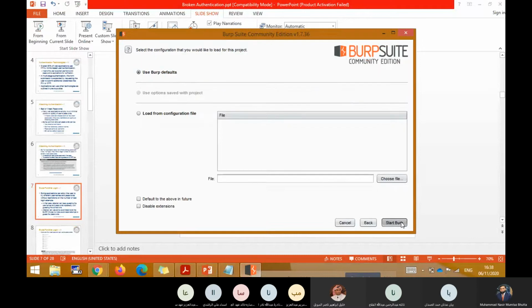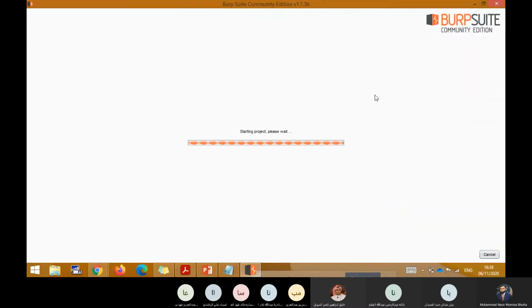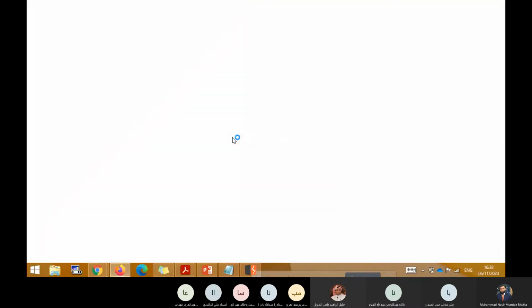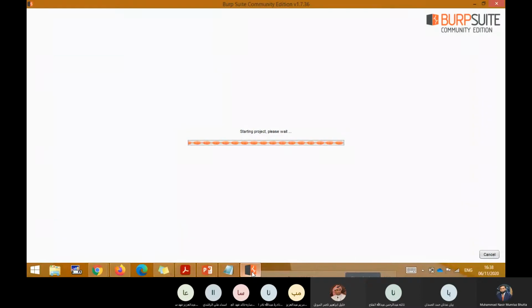Start the Burp Suite. And then start your Firefox. Make sure whatever settings you have put in the Firefox, they are the same in your Burp Suite and your Burp proxy is running. Your Burp proxy should be running and you should have the same settings in your Burp Suite and Firefox.